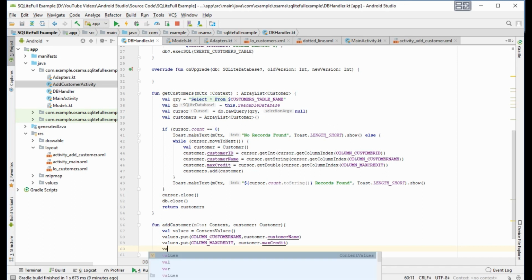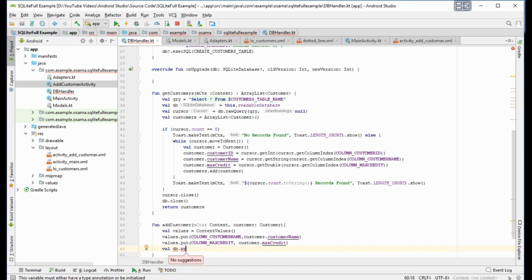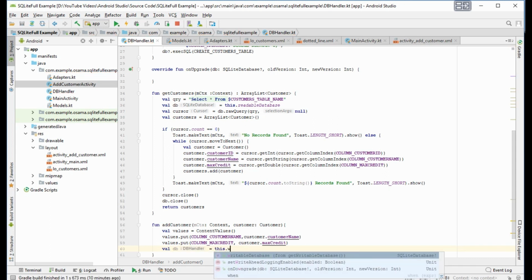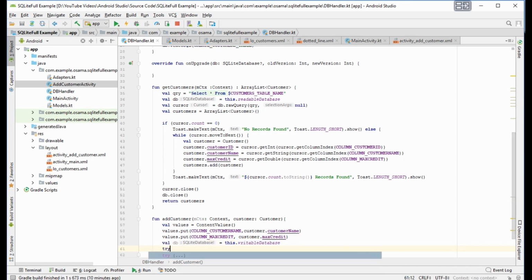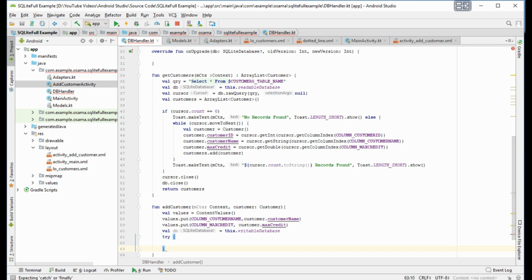Now we make val db equal this.writableDatabase. Now try, and here catch exception.